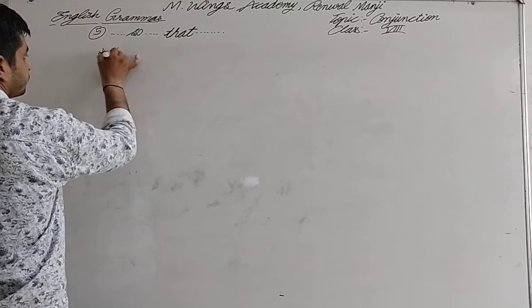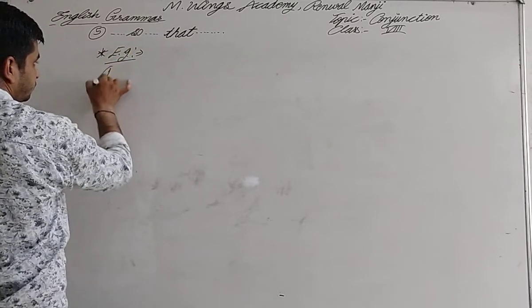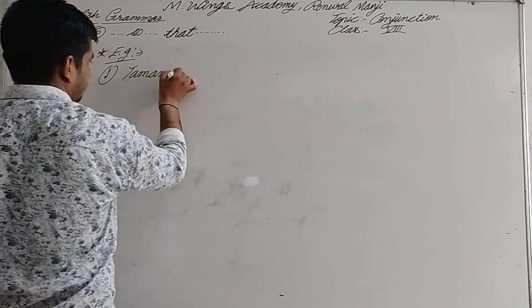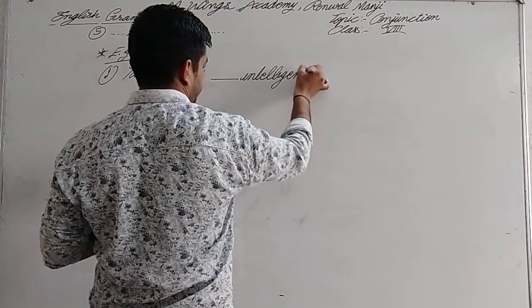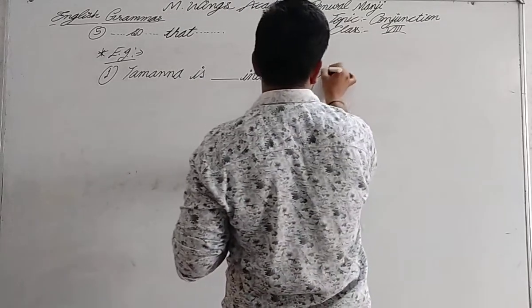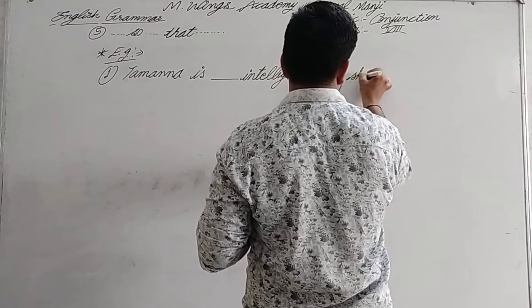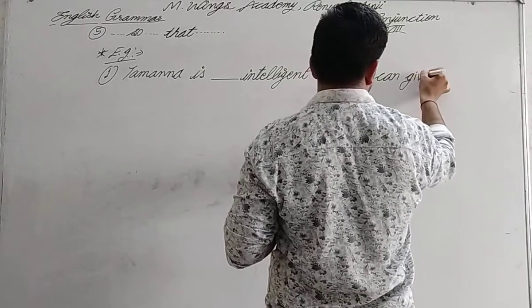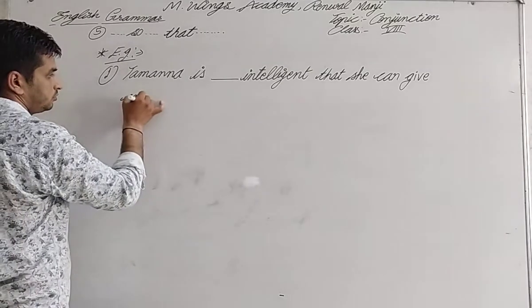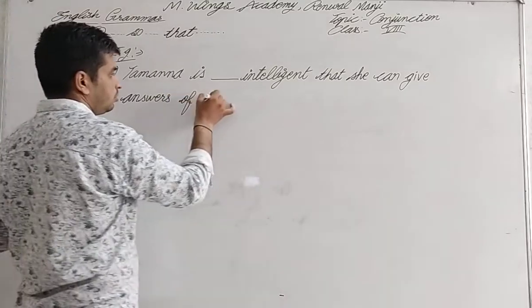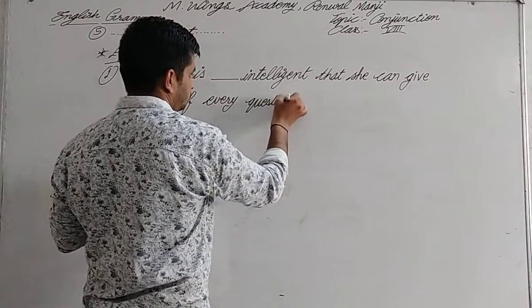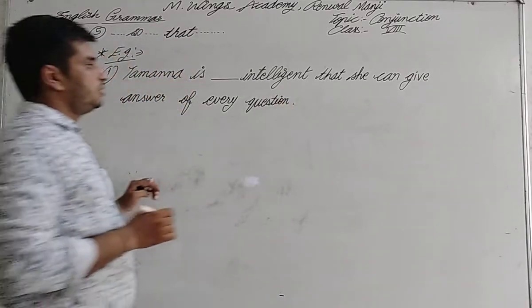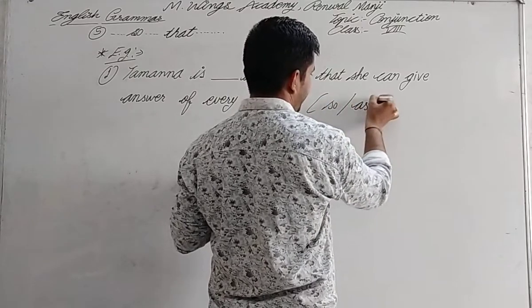So what type of question can we have? We can have: Tamanna is intelligent that she can give answers of every question. In such a sentence, you are asked to use "so" or "as". We choose "so" from the options,